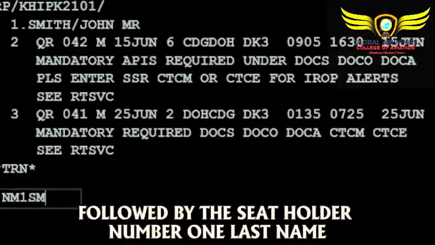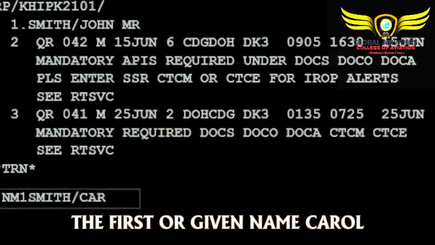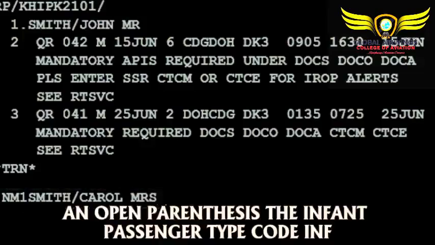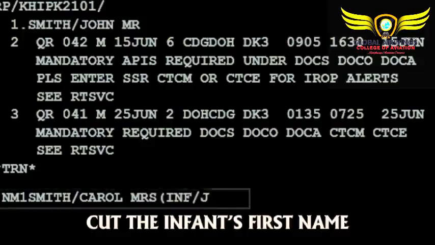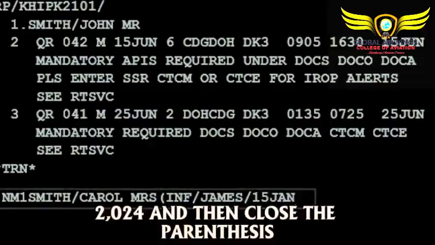seat holder number 1. Last name Smith. A slash, the first or given name Carol, a space, and the passenger title Mrs. An open parenthesis. The infant passenger type code INF. Then the infant's first name James, a slash, and the birth date with the year, January 15th, 2024, and then close